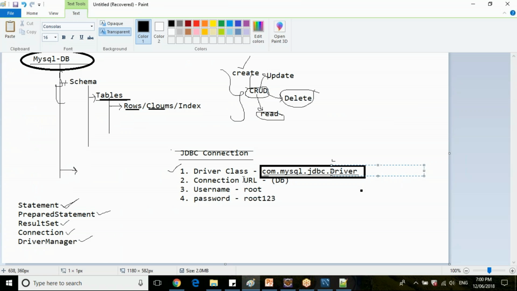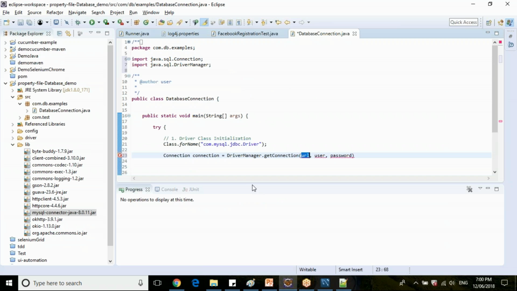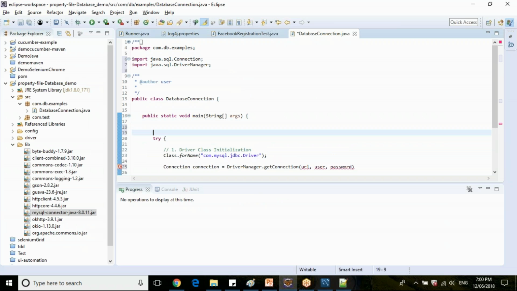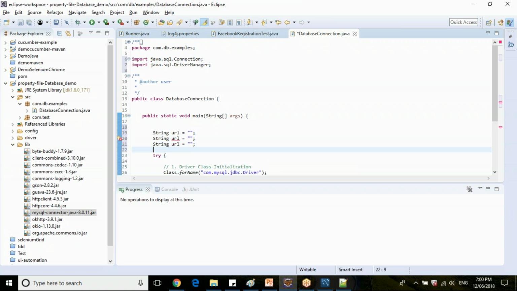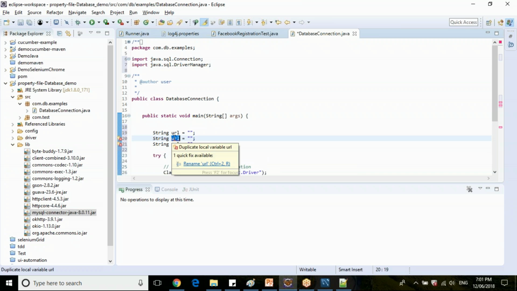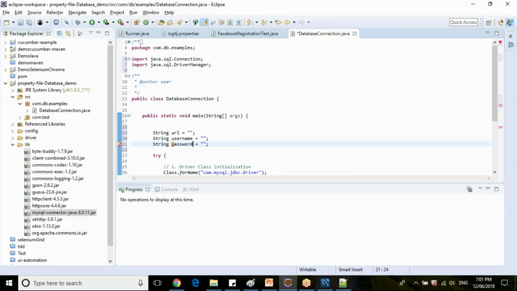You need to know what URL you are going to use for your database, and what the username and password are. So let's declare three strings here: String URL equal to, username, and String password.